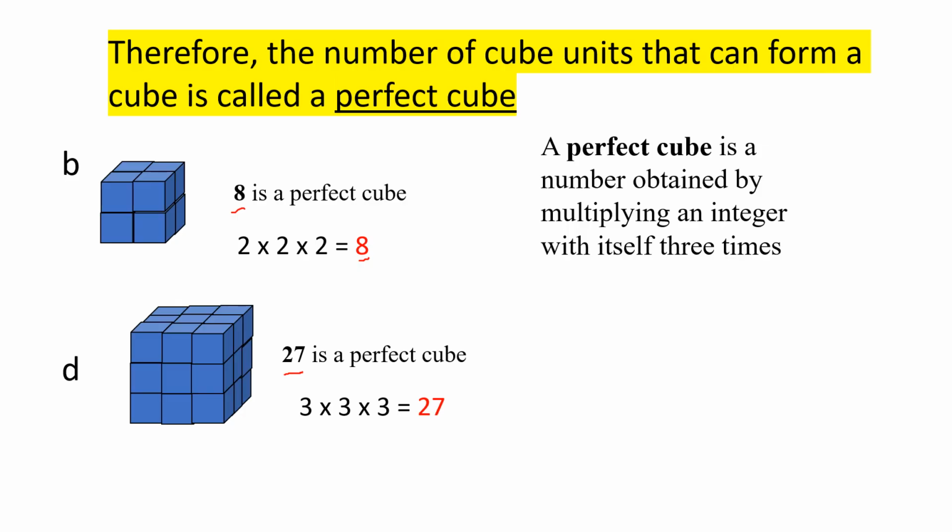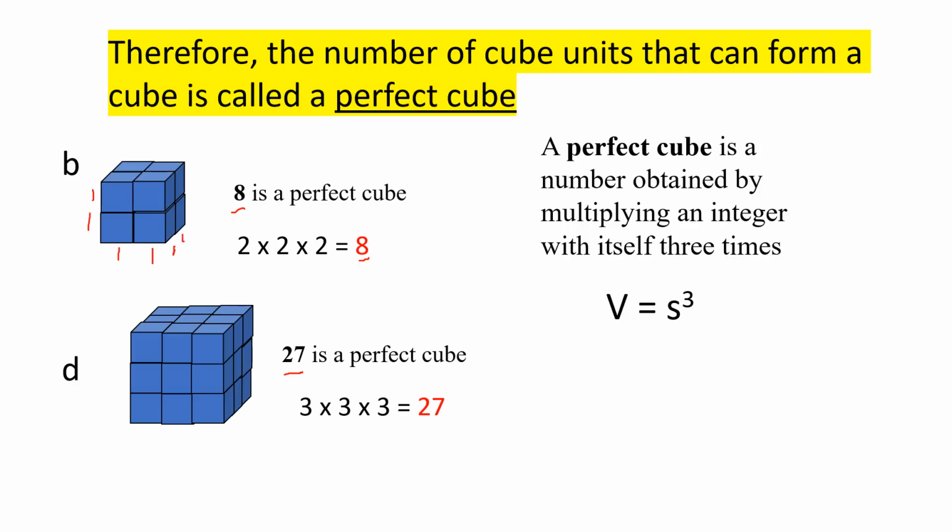Now, just in case, class, the teacher will ask you to find the volume of this letter B. Once again, the formula of the volume, class, that would be S cubed. So S represents the sides. So for letter B, once again, our sides, that would be 2 units. Once again, this is our length, so 1 unit and 1 unit. So therefore, the length is 2 units. For our height, 1 unit and then 1 unit. Therefore, our height is 2 units. And for our width, 1 unit and then 1 unit. So therefore, that would be 2 units.